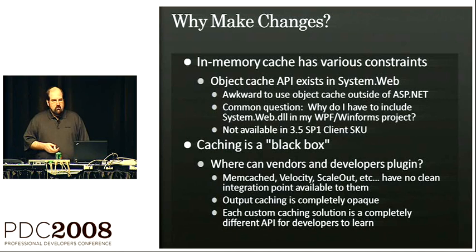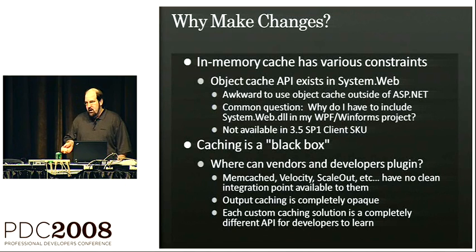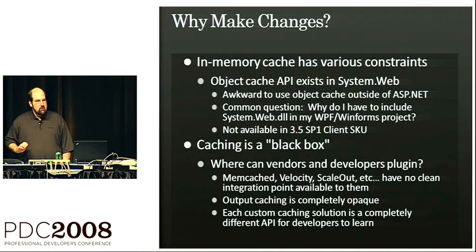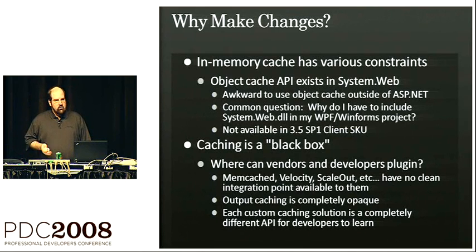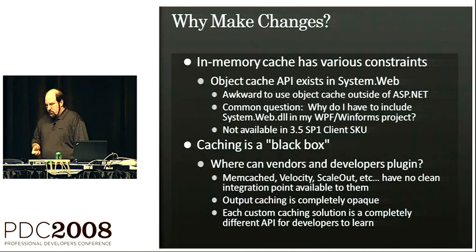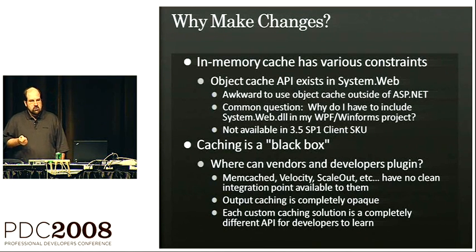But if you want to go out and write your own cache with your own semantics, if you want to go out and use things like memcache or scale out, folks like that, you basically have to run off and use some different library, and it's a completely different programming model. And again, it's fine to do that. It's just there's not really any clean integration point. And of course, the downside is your developers end up having to relearn how to do the same basic tasks over and over again each time they decide to use a different caching strategy. So again, that's one of the things that we're going to try to address and